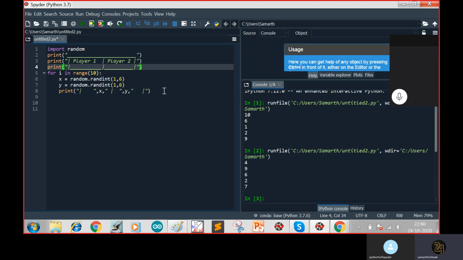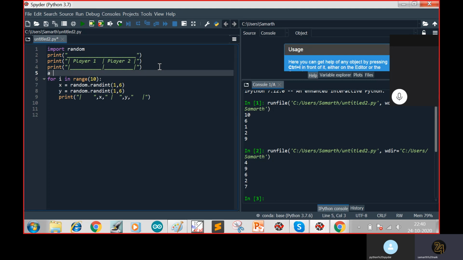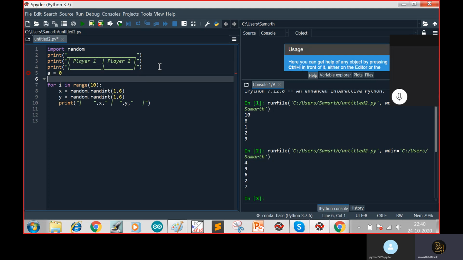That's really irritating. So what we'll do is we'll keep two counters again for both the players. A is for player 1 and B is for player 2. Okay. Right now both are 0 because they're going to start from 0 points each. So here we'll write A is equal to A plus X. Why I'm writing this in the for loop is every time A's value should be increased as X value is changing every time, and B is equal to B plus Y.